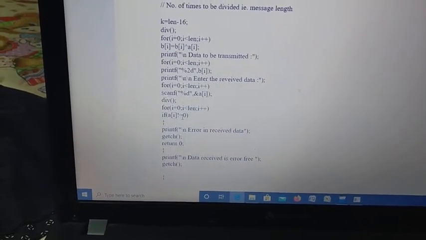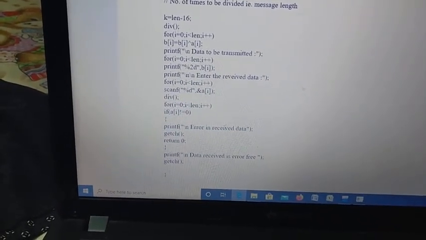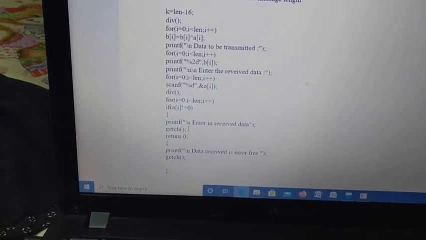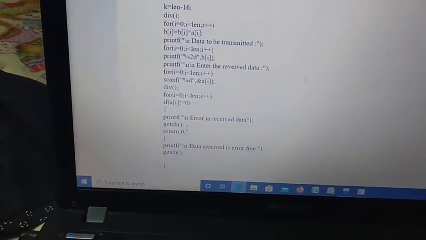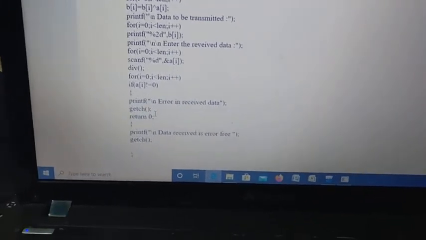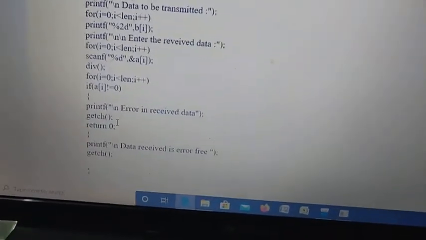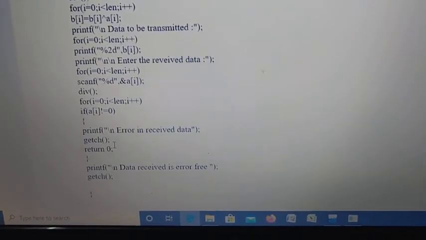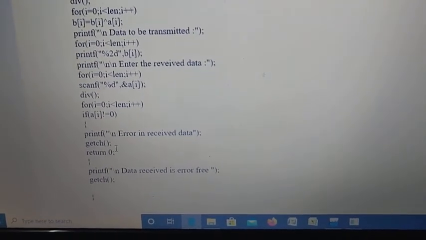If it is not equal to 0, then there is an error in the received data. Get.ch waits for the user to press a key at the console. Next, return 0. If the condition is false, then the data received is error free.